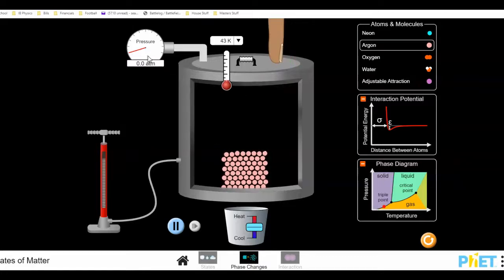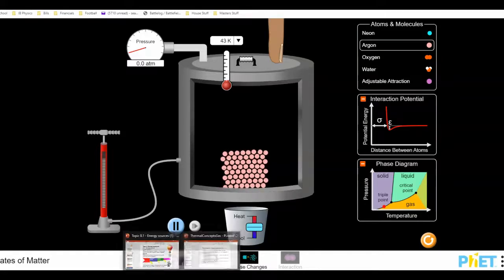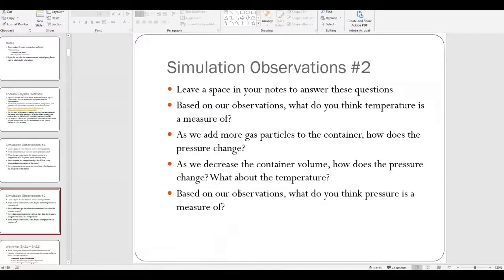Now notice the pressure gauge right now reads 0. ATM is atmosphere. Atmosphere is a unit for pressure. And so basically what this is saying is there's no gas pressure inside the container. All right, so I want you to play around with the simulation, and I want you to see if you